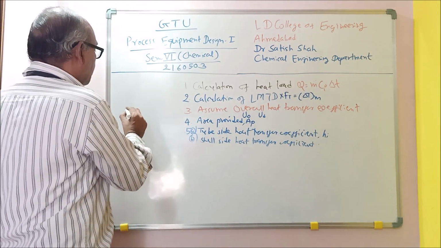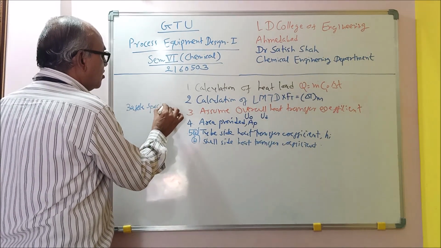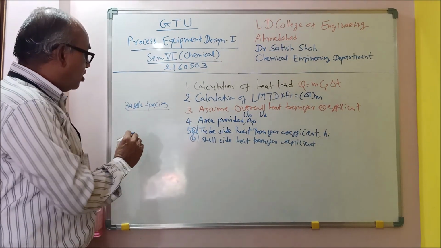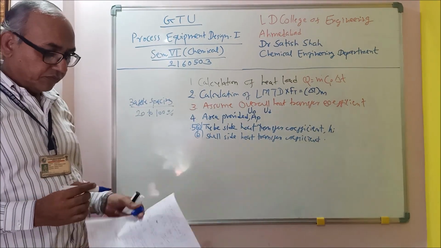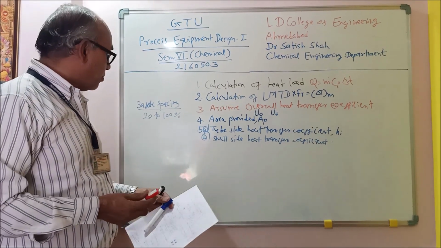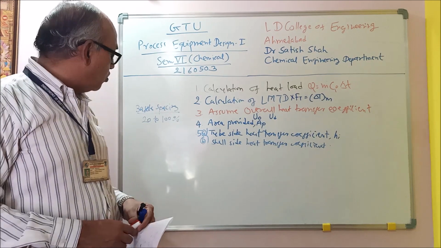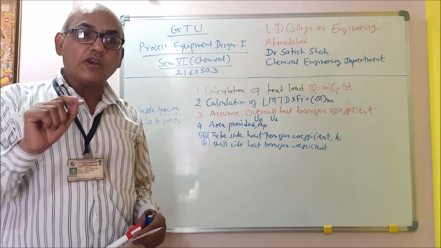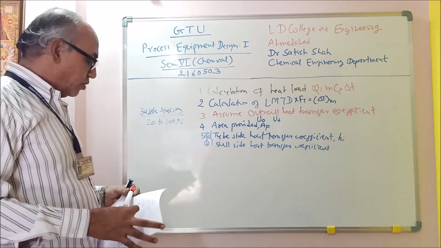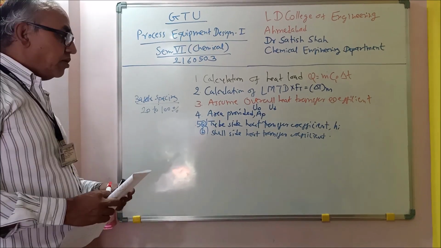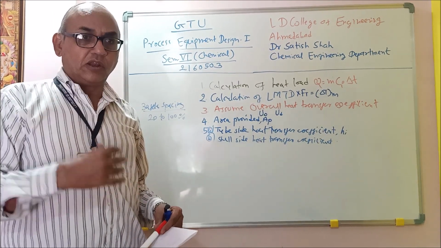Now there is one important thing, that is baffle spacing. How to assume baffle spacing? As per standard norms, you can take your baffle spacing between 20 to 100% of the shell diameter. For example, suppose your shell diameter is 500 mm, then you take baffle spacing between 100 to 500 mm. Most of the time we assume baffle spacing of say 200 mm or 250 mm,